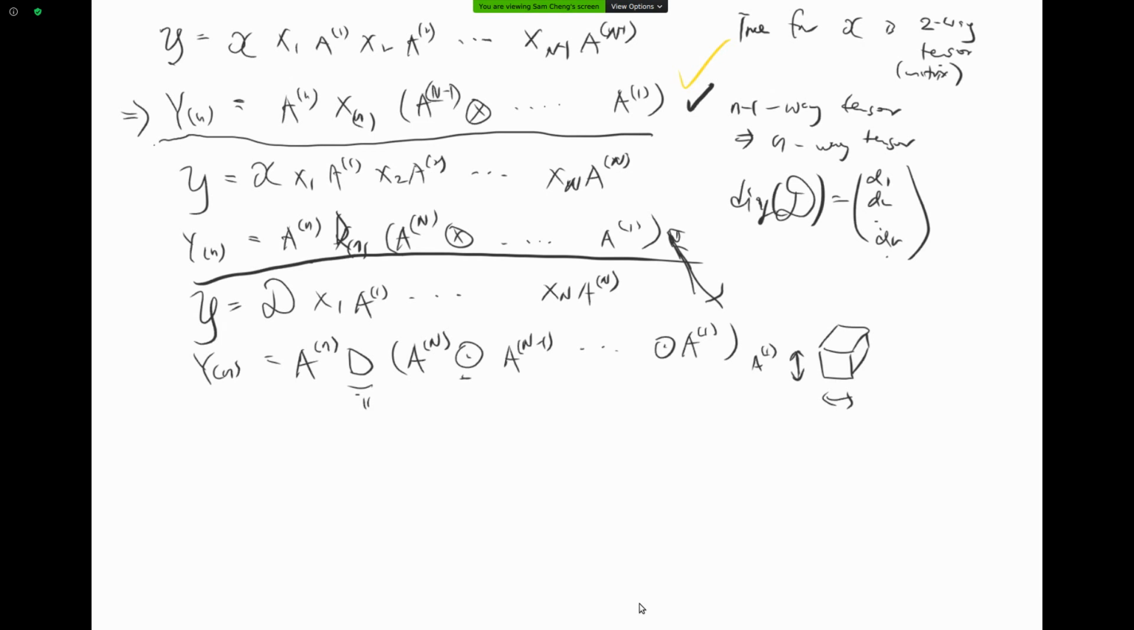Let's say this D here is R by R, that's n of them, and so A2, the number of columns, also has to be R, and so on. Now if I have a tensor Y equal to this, what that means is actually I can